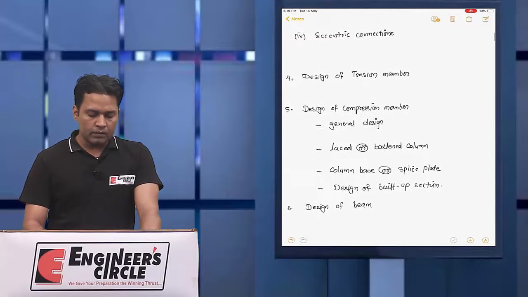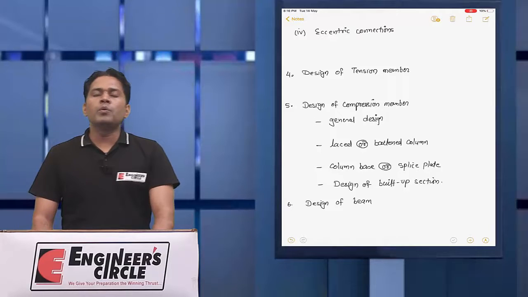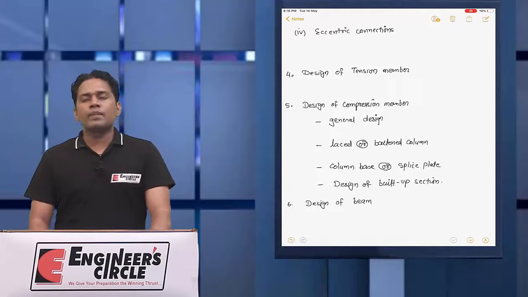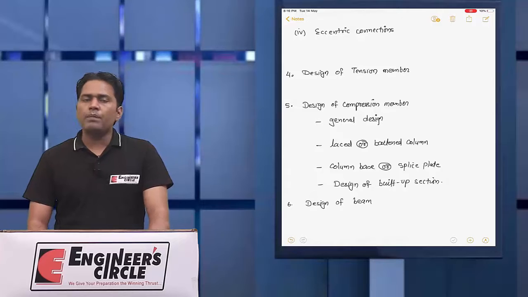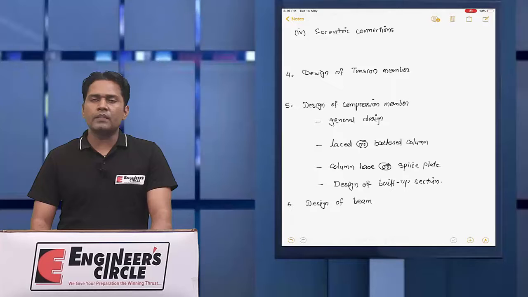After completion of the connection part, we will move on to the design of members. A member may be in tension, in compression, or in flexure.